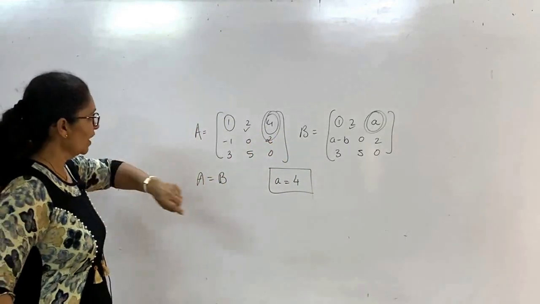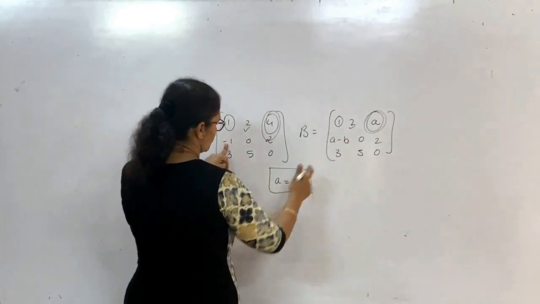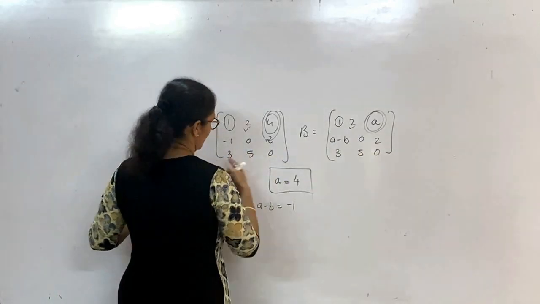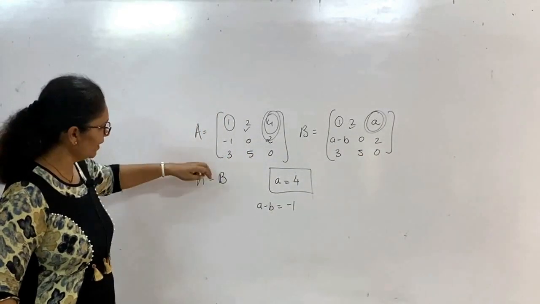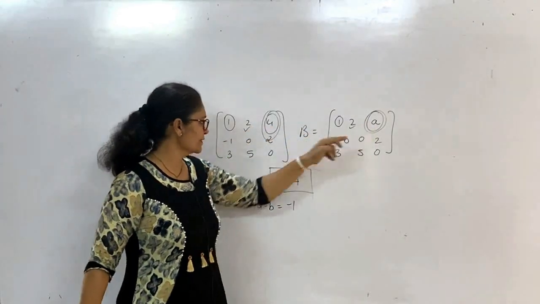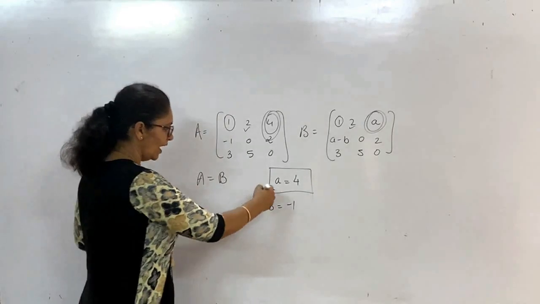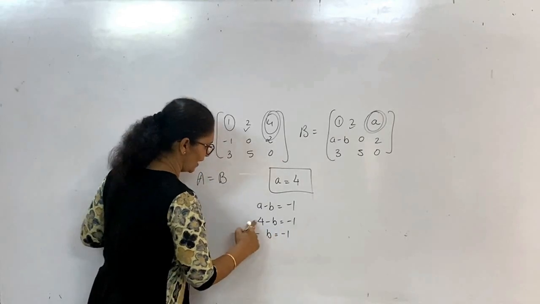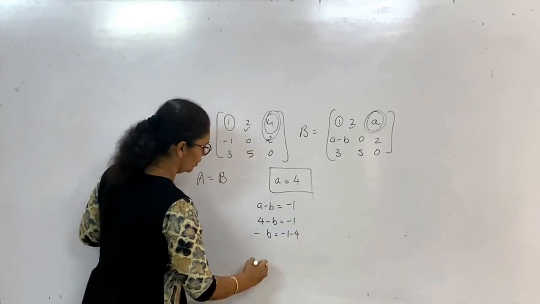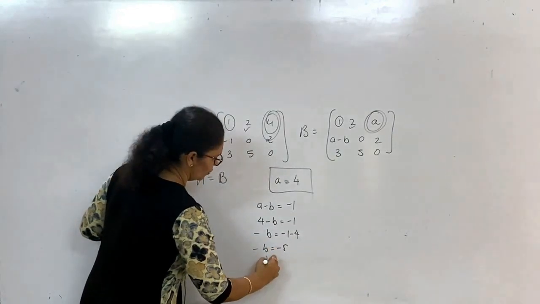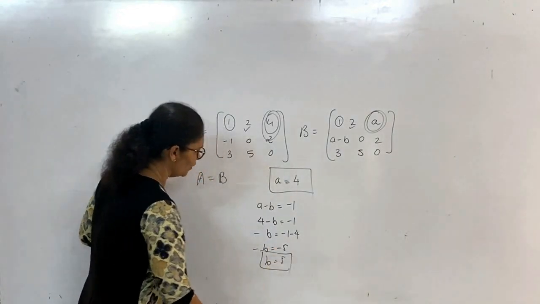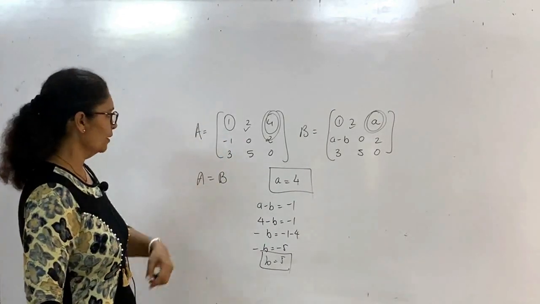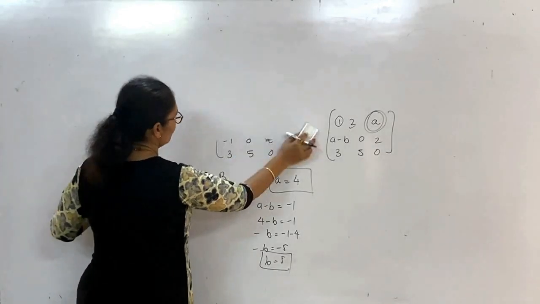A simple question, the first one. Now for the second one, we have to find B also. We get one relation, A minus B is minus 1, and the remaining elements are the same, so we simply compare element by element. Now we put in the value of A as 4. What do we get? Minus B equals minus 1 minus 4, shifting the 4 to the other side, so minus B equals minus 5. So your B will be 5. This way, by comparison, you get the values of the unknowns A and B. Similarly, I will give you one more example.